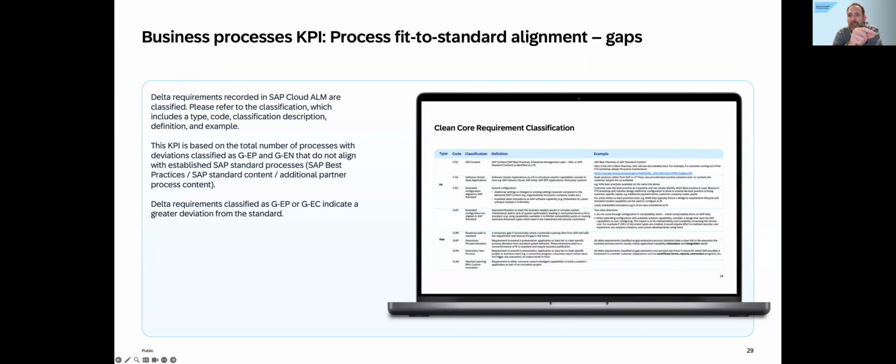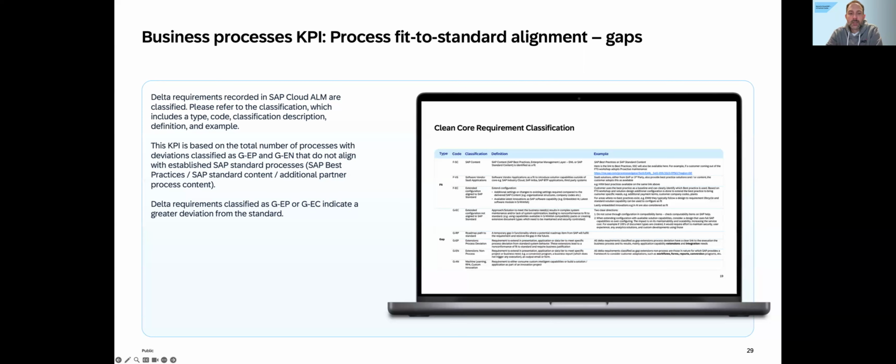So we're saying they're basically going over the top, and that's what we want to prevent here in this one. And then there's, for example, also the GEP, where we do deviations by means of extensibility. So those are the different classifications in the fit and gap node that we'll foresee, that we basically take as the basis for doing the calculation.